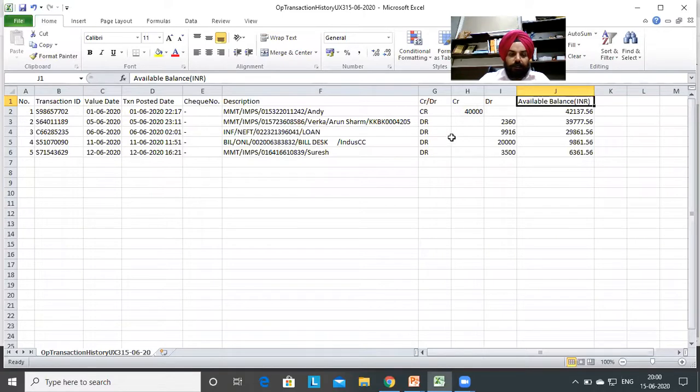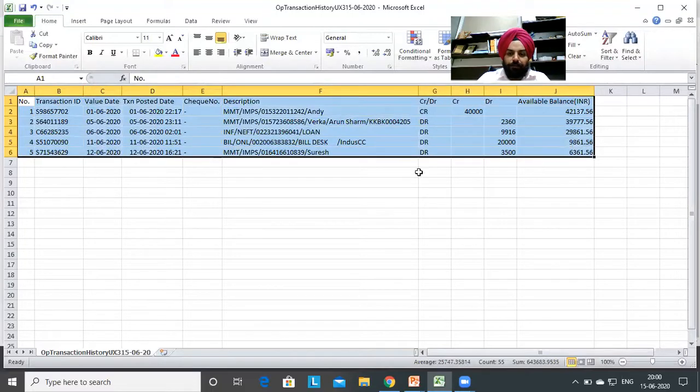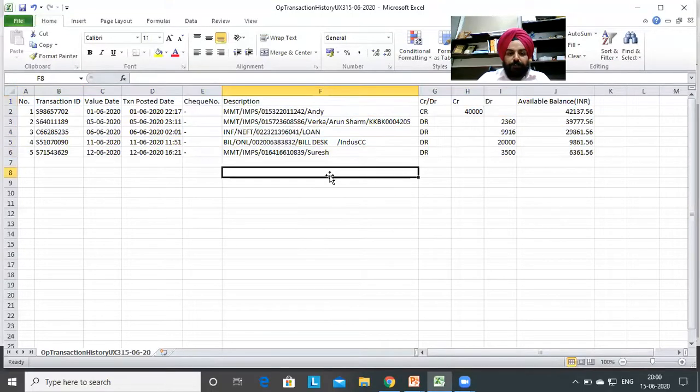There is another thing to understand, that QuickBooks will not take the normal Excel files. QuickBooks will understand CSV files. It's a comma separated value file, and we can convert any Excel file into a comma separated value file. Or most of the time, the net banking option gives you a facility to directly download the transactions into CSV files. So we are going to upload this file into our QuickBooks.